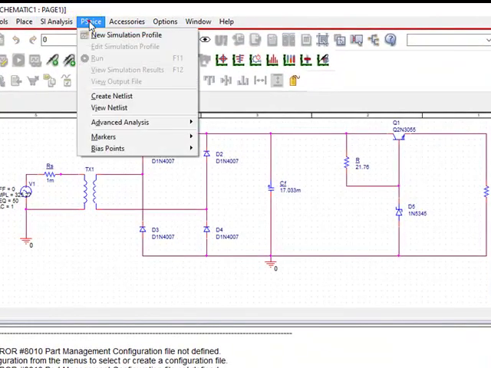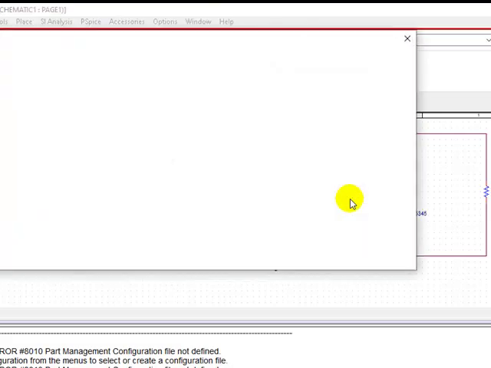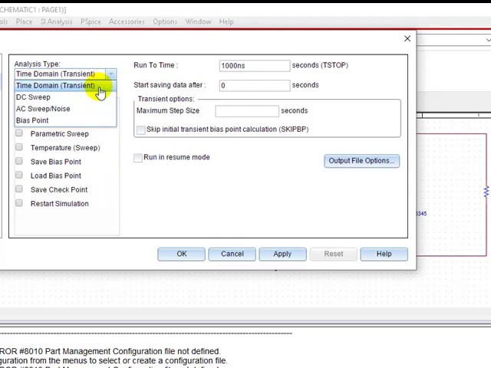I'll go to PSpice from the menu. I'll create new simulation profile. I'll say simulation profile 1, SP1. You can give any suitable name. Click on create. Select the analysis type as time domain or transient, the first one.